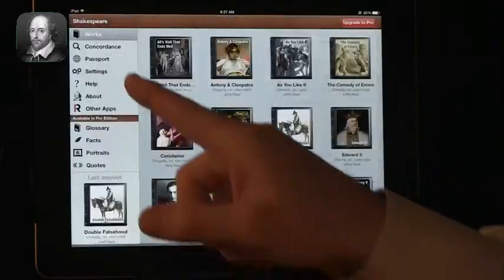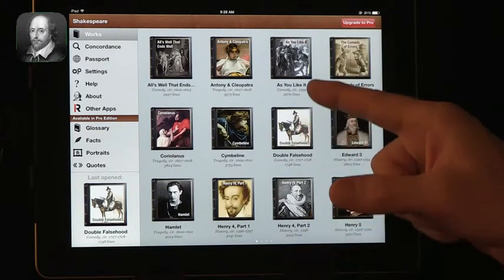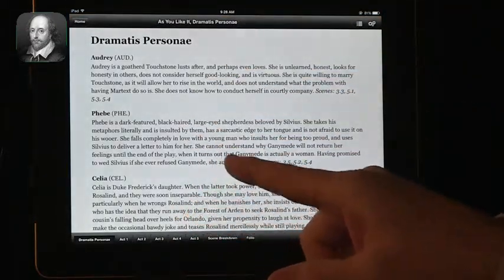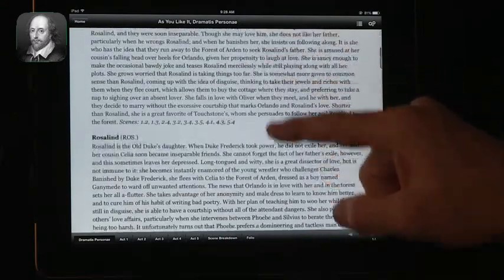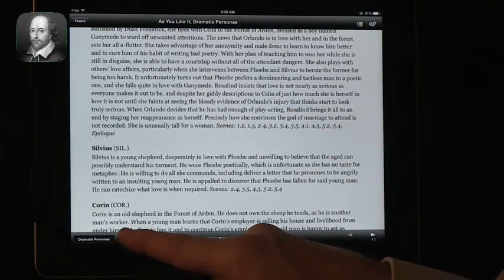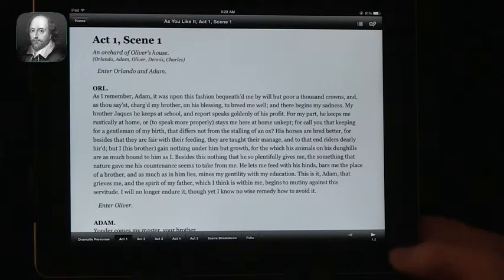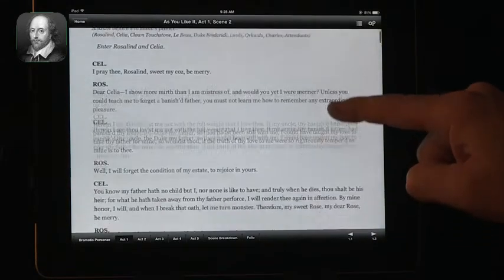large variety of plays from Shakespeare's work. Actually, all of Shakespeare's works are represented here. If you would like, let's explore one play. And you can explore the play in a few ways. It starts with the cast of characters, and you can explore the cast of characters and where do they show up. And then you can go to the actual acts, and it goes through each one of the acts with the text, and you can scroll from act to act, or you can use the little arrow to see what